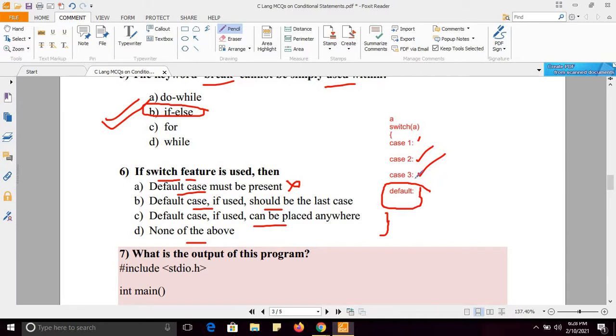The default case can be placed anywhere in the switch case. I can use the default case before case 1. Fine. So the right answer is option C.